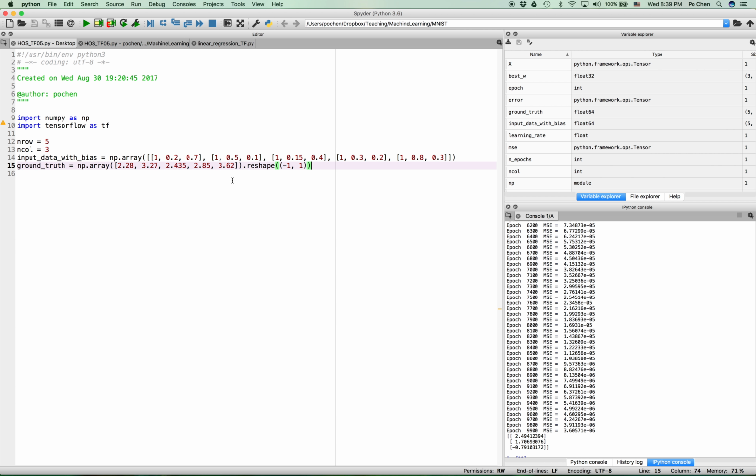for constructing the NumPy arrays. The number of examples in our training data set is 5, so the number of rows of the X matrix, n row, is set to 5. And then we have 3 weights, so the number of columns in the X matrix, n col, equals 3. We have a 2-dimensional NumPy array for representing the input data x1 and x2, and also the bias x0, which is fixed at 1. So here all the ones